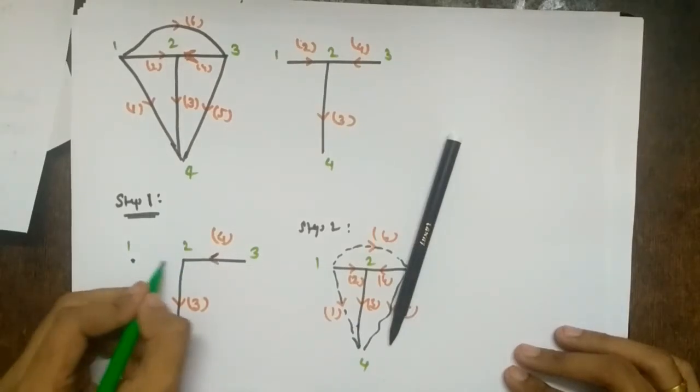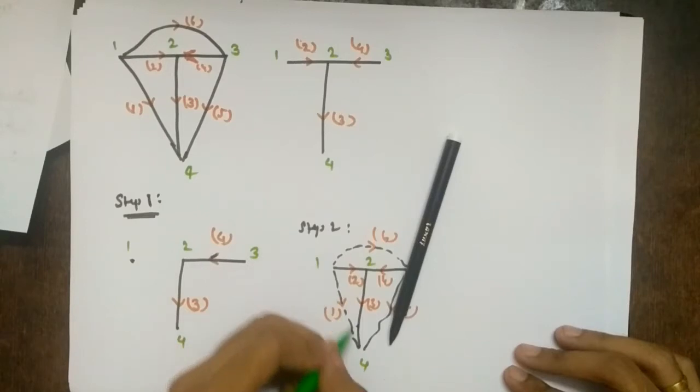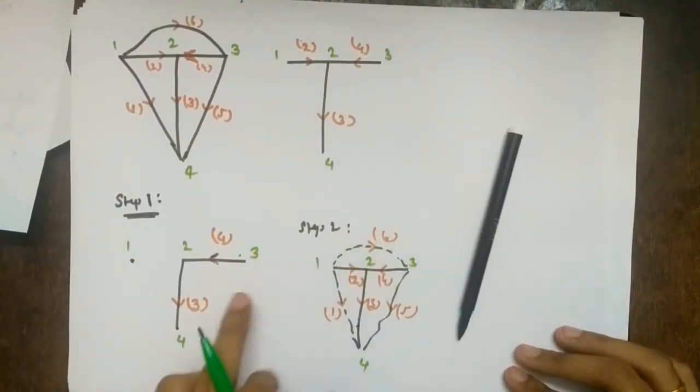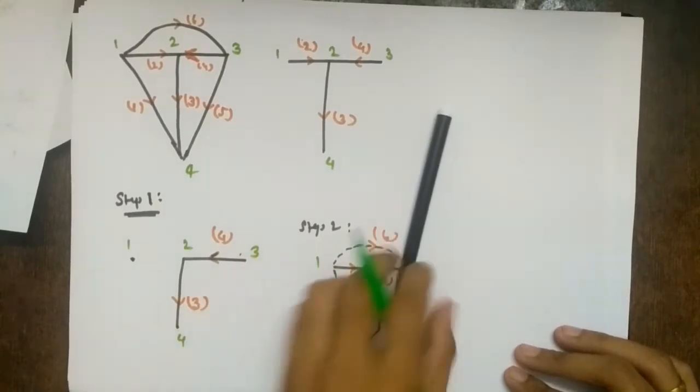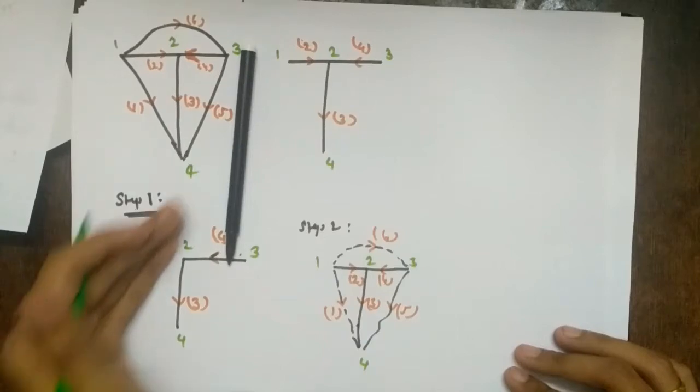It got disconnected here, so branch 2 has helped, obviously. Then it was disconnected here, so branch 1 has helped, and this has also connected, so branch 6 has helped. Even if branch 5 was not there, it is not helping in connecting, because it was disconnected in this graph.